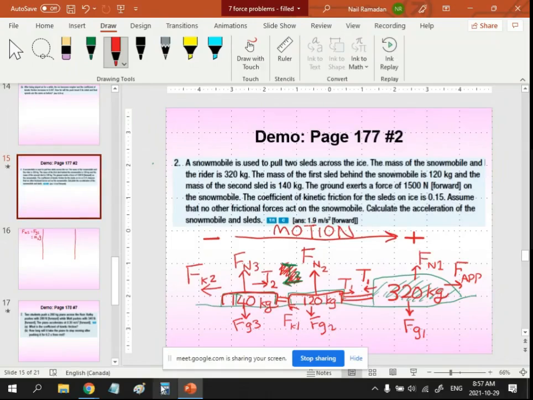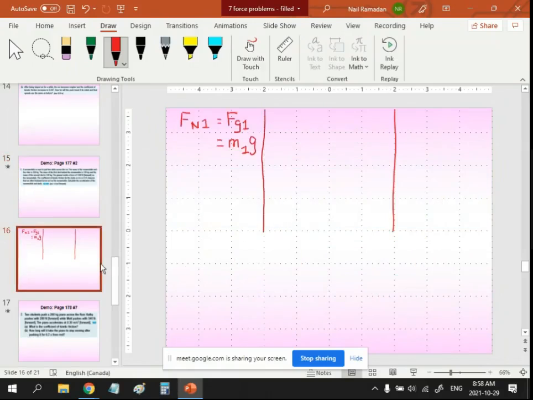All right. So, say again. They have applied this way and the tension that way. Yes. So, everyone, is it accelerating on the x-axis? Well, what's the question asking for? Calculate the acceleration. So that means what? On the x-axis it is Newton's second law. So go ahead. F net